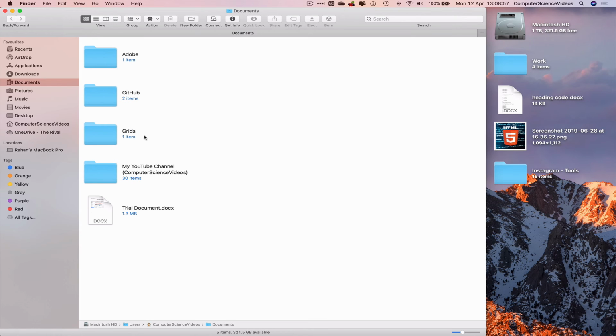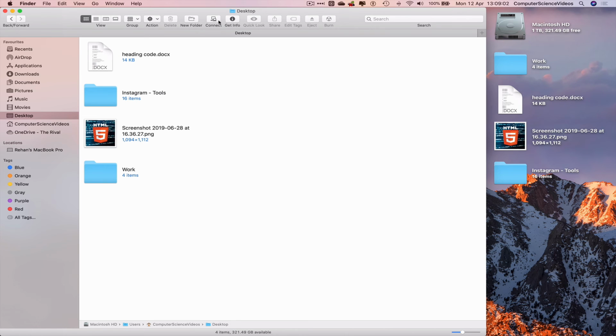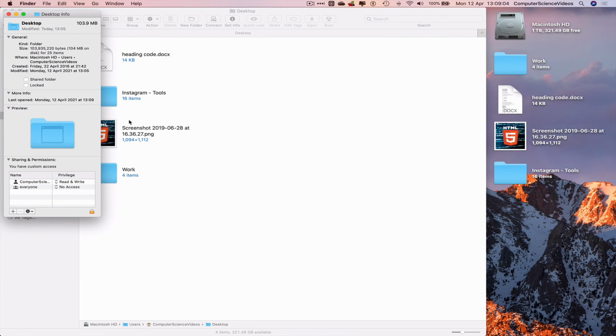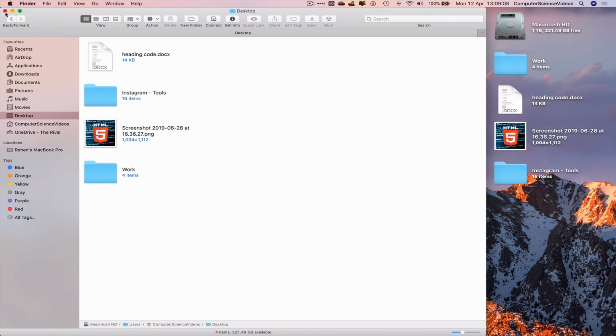If we move to another folder or move to the desktop, click on get info, and we now receive the information for everything on the desktop. So we can now quit